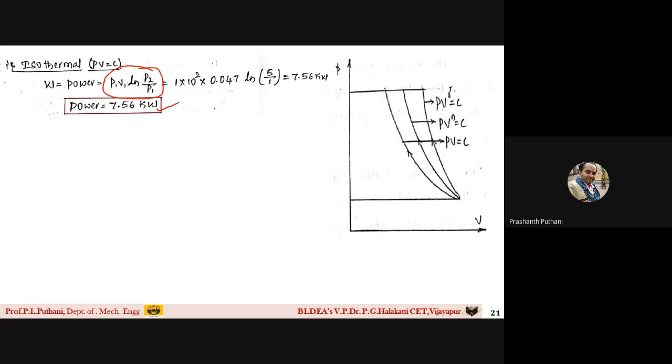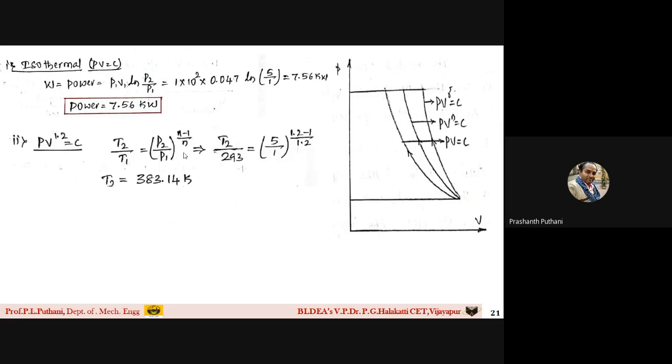Why I am getting it in terms of kilowatt is, just now we have found out the value of V1, students. It is in terms of what? Meter cube per second. So therefore, the resulting answer what you get is in terms of kilowatt itself. That is the reason I substituted there the speed. Similarly, next,